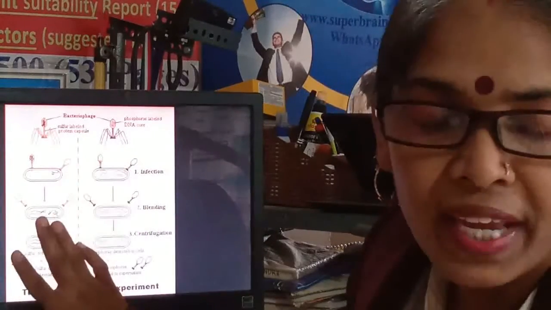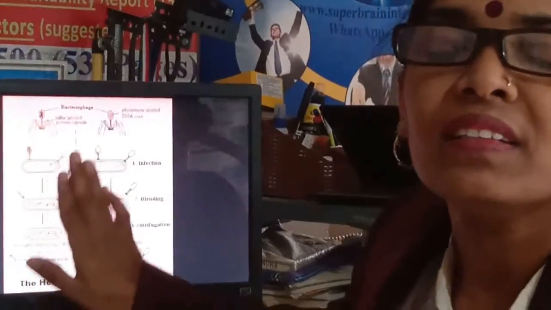So this is an experiment which gives you proof that the genetic material is DNA and not protein. Now on this topic, some board questions will be asked, like the first, the Griffith experiment. This is very important. A 3 marks or 5 marks question will be asked, and you have to explain it very well. Even the biochemical characteristics, and how 3 scientists proved that DNA is the genetic material, you need to explain. If the question is not asked on this, then that DNA is the genetic material is proved by the Hershey and Chase experiment.